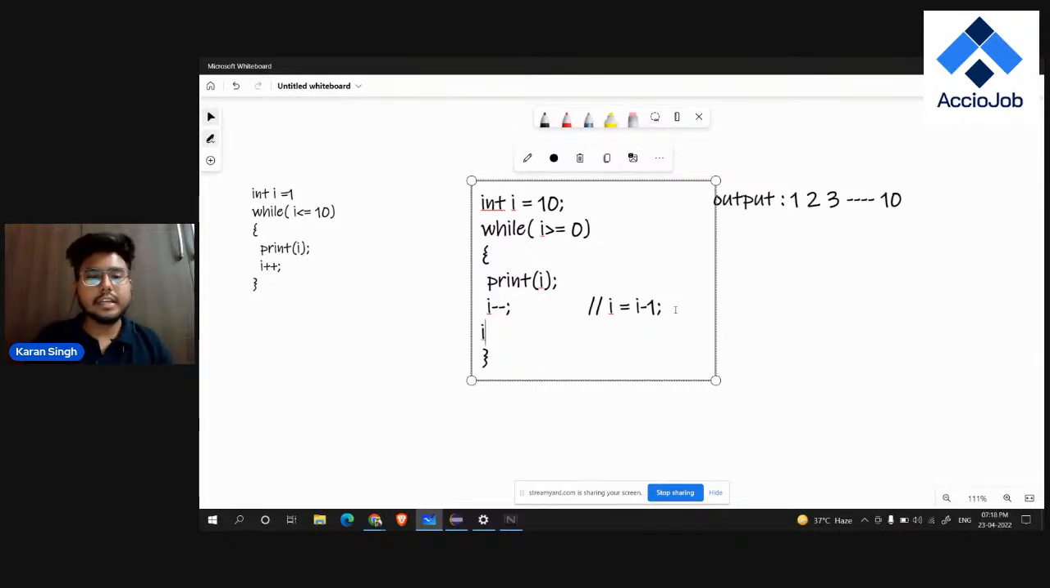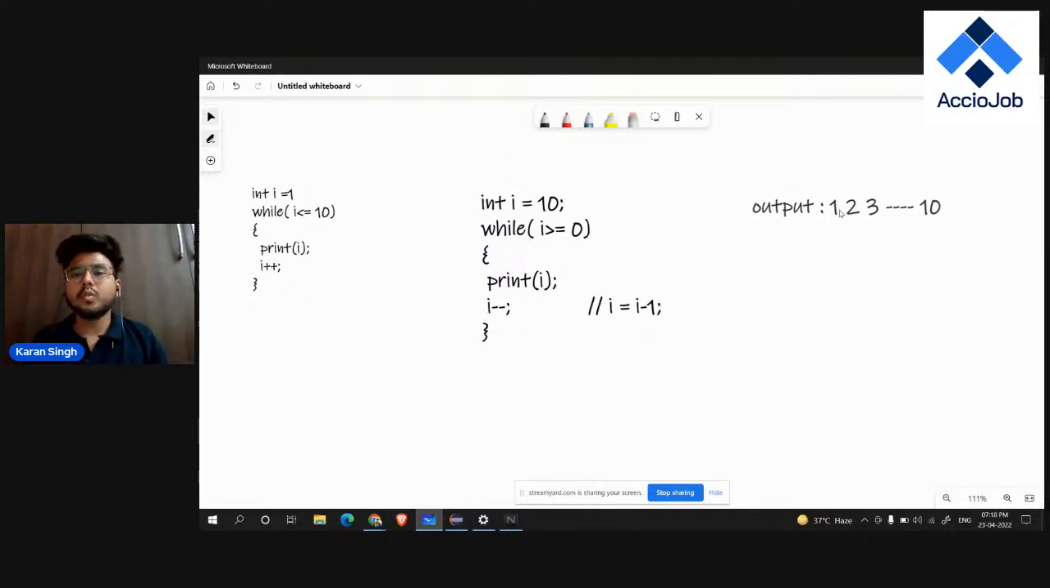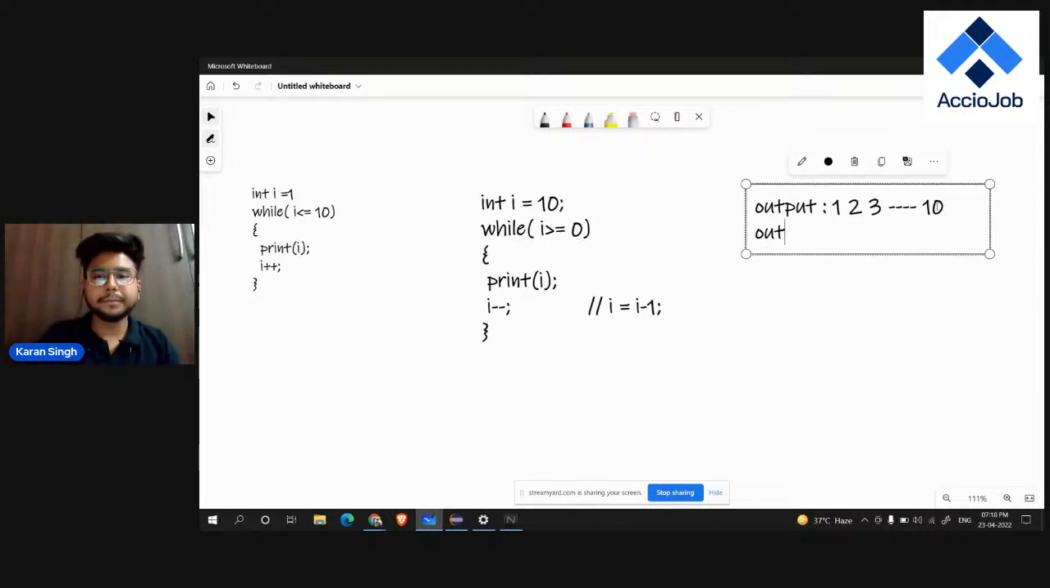I hope you guys are clear with this concept. If we are writing something like minus minus I, this is a pre decrement. So first I will get decreased, and after that it will execute the line. So this is the difference between a post decrement and a pre decrement. So similarly, it works for the I plus plus as well. So in this condition, our output will be